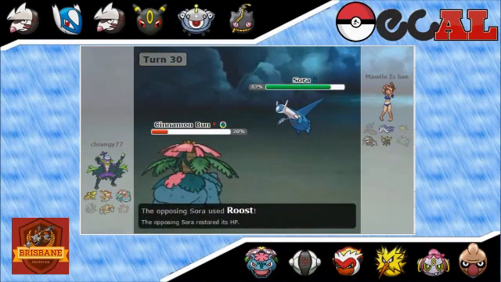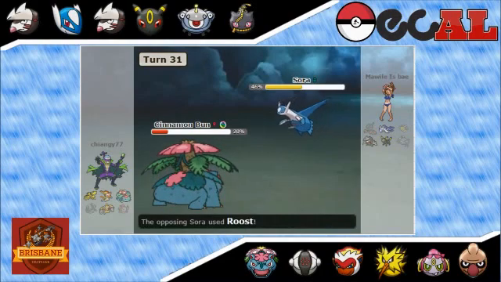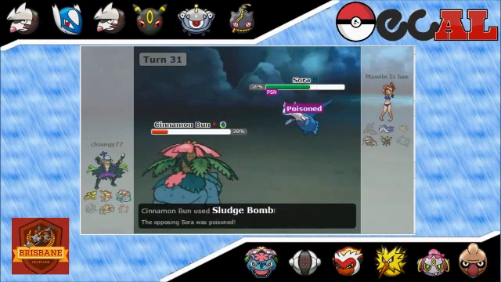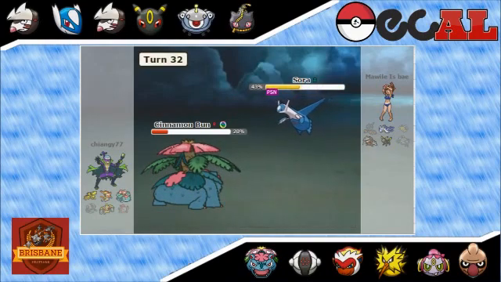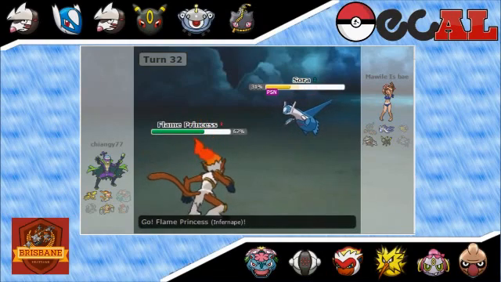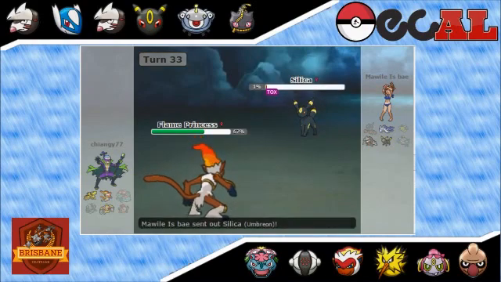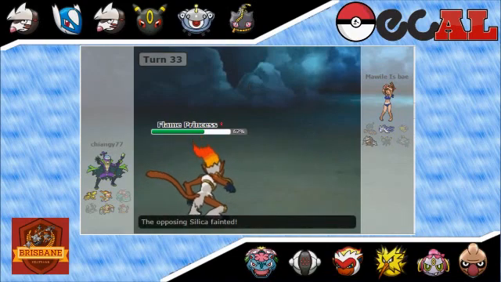If he does switch out into Excadrill, he will still be in U-turn range from Infernape, but yeah, Zapdos is a pretty easy switch into the Excadrill. But as we see, we're able to finally get the poison, and just going to be able to kill with U-turn. So that's the button I click. He sacks the Umbreon,